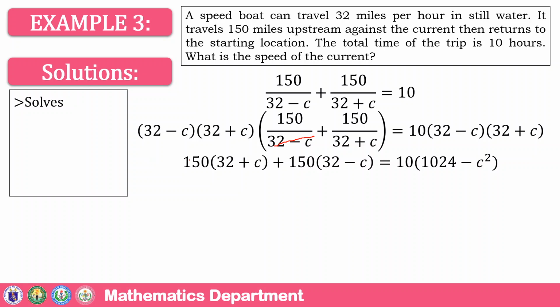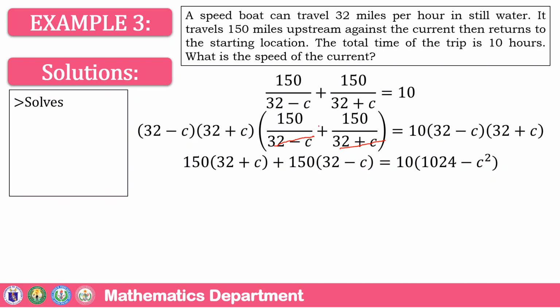Ayan po yan. Now, sa second term, we have 150 over 32 plus c. Multiply natin siya doon sa ating LCD. Meron silang common factor na 32 plus c. So, cancel natin ngayon si 32 plus c. Ito na lang po yung natira, 32 minus c. Kaya meron tayo dito 150 times 32 minus c, equals to 10 times,